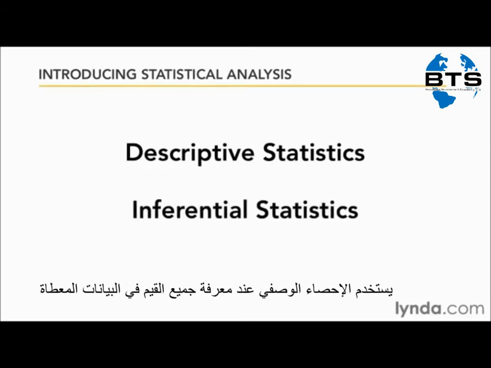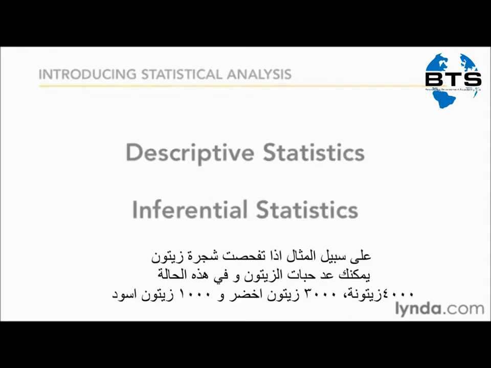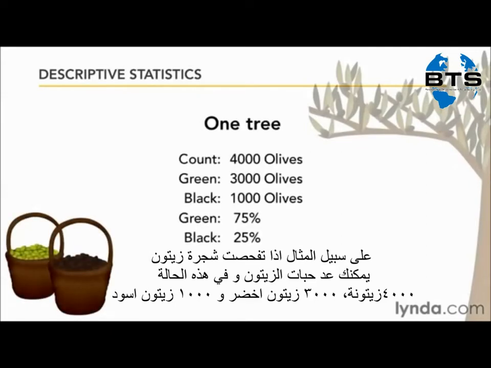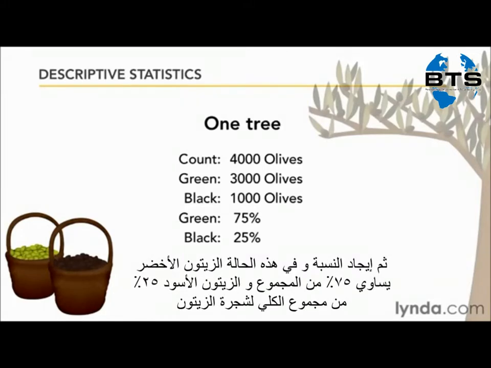You use descriptive statistics when you know all of the values in a data set. For example, if you examine the olives on a tree, you can count the number of olives, in this case 4,000. Then you can find the number of green olives, 3,000, the number of black olives, which are 1,000, and then find the proportion. In this case, the green olives are 75% of the total, and the black olives are